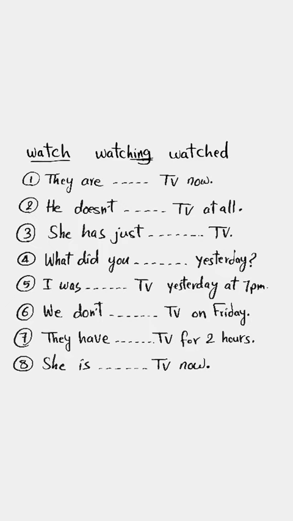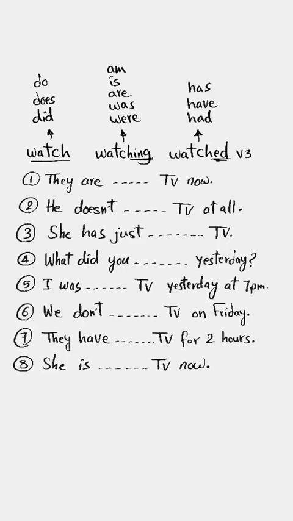Watch, watching, watched. And I mean here verb 3 or past participle. When to use each of them? Well, when you see do or does or did in the sentence, or their negative forms like don't, doesn't, didn't, use the infinitive without to. When you see am, is, are, was, were, add ing to the verb, like watching. Again, talking active voice. When you see has, have, had, use the past participle or verb 3, like watched.